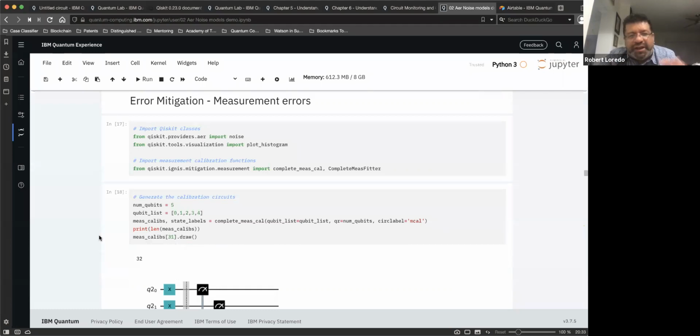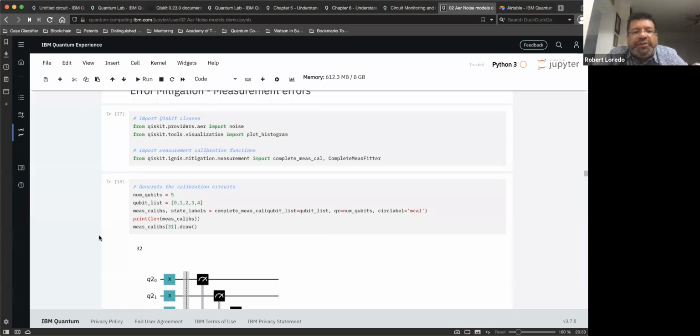And of course, maybe the errors that are already introduced within the qubit, et cetera, dephasing, decoherence, et cetera. So when getting these results back, you don't know, you get some noise, you get some errors, and you really want to find a way to lower those errors as much as possible. So that's where Ignis comes in, and part of its mitigation module, it has this complete measurement calibrator and fitter,